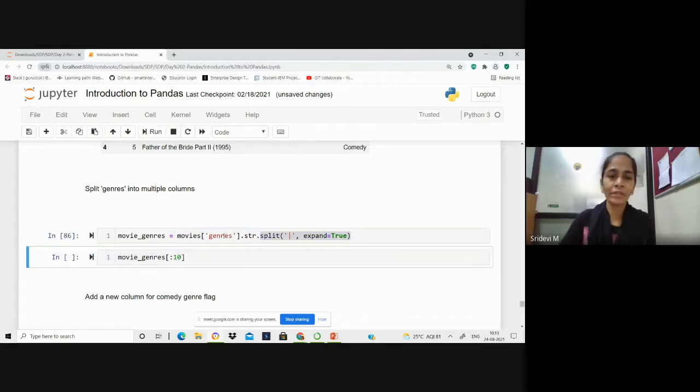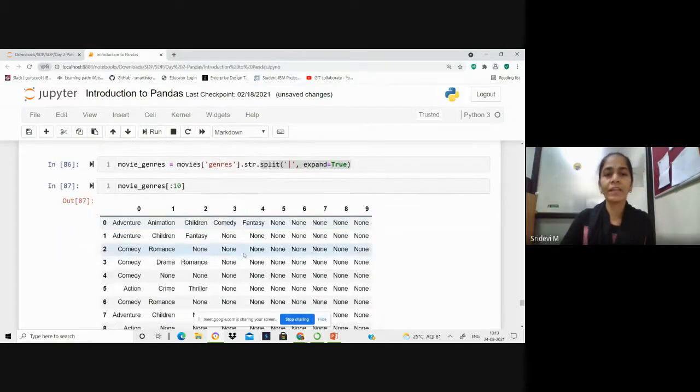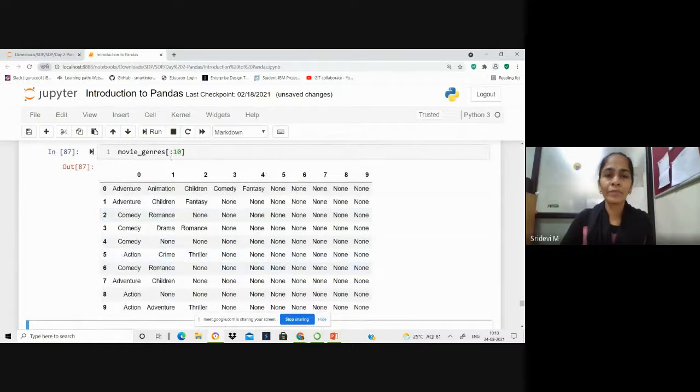When you execute this and see the first 10 data points, we can observe that all the genres are split, and we can also notice that there are at most 10 genres given to a movie. That is why it has reserved 10 different columns for the genres.